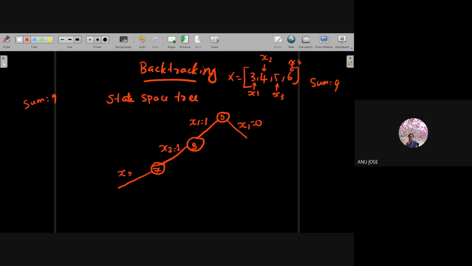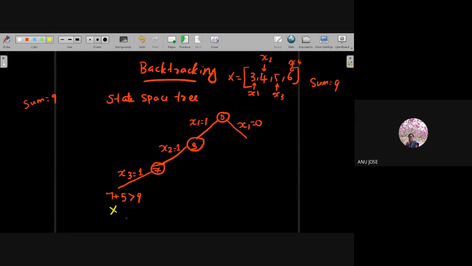So x3 is also 1. That means along with the 7, I am adding my third element x3, that is 5. As you know, 7 plus 5 gives a value greater than 9. So no need of further processing. There itself the branch will be stopped. So that is one case.